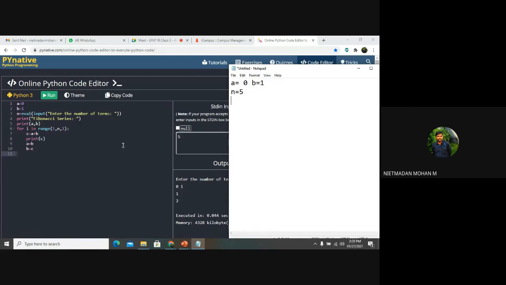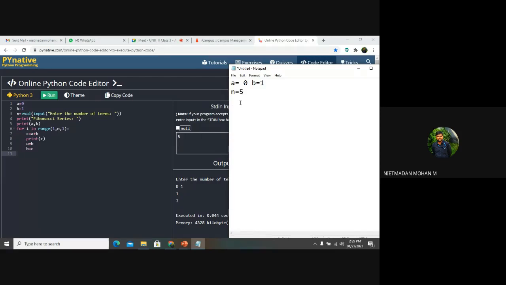Why? Because any number we are going to represent here, that particular number will be starting from the range 0 and 1. So with these two numbers only, we want to calculate the second number that we are going to represent, that 0 plus 1 is equal to 1. So we are getting the first number as 0 plus 1 is equal to 1, and 1 plus 1 is equal to 2. Likewise, the sequence will be there.